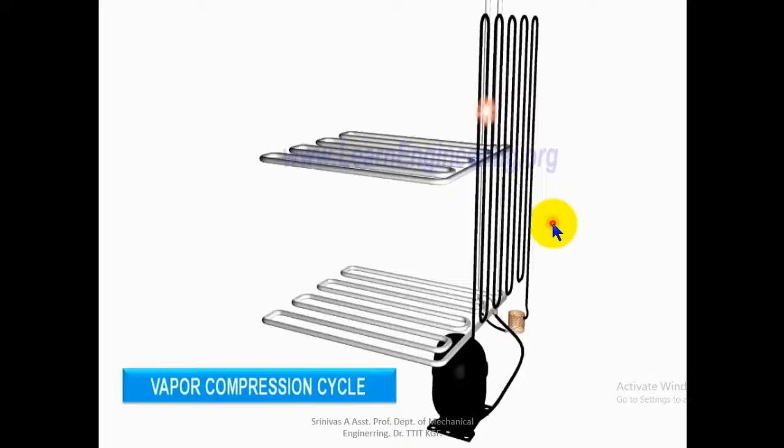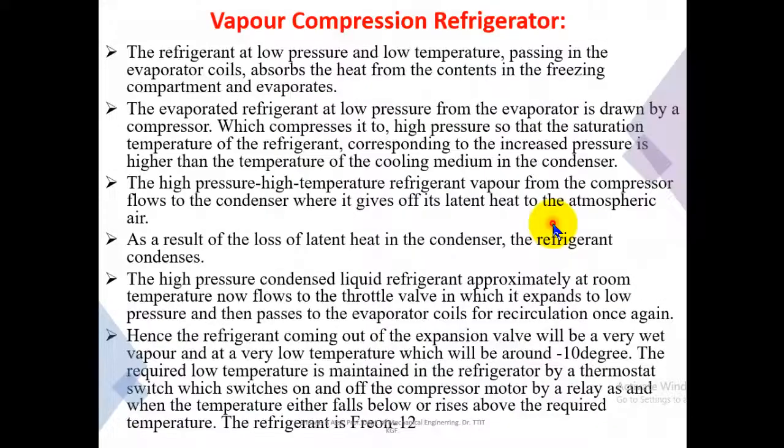This is how the vapor compression refrigerator works, and these are the working points we discussed, written point by point here. Normally, for vapor compression the refrigerant used is Freon 12, and this is the most suitable for it. While writing, you can make your own points. You can start from the evaporator coil, or you can start from the expansion valve. Like this you can write down the brief step by step process, and you can make good points.